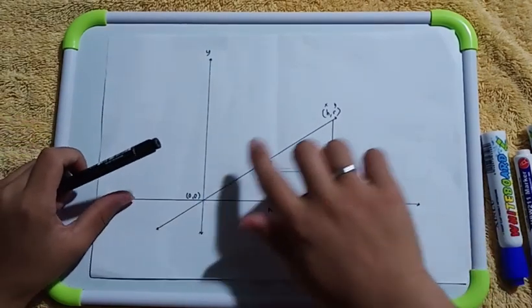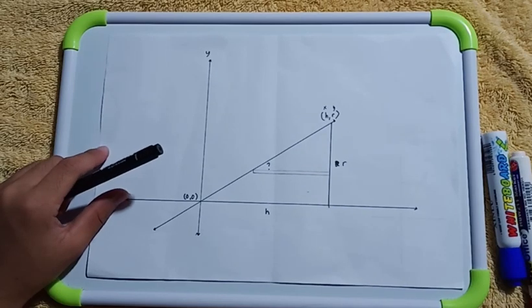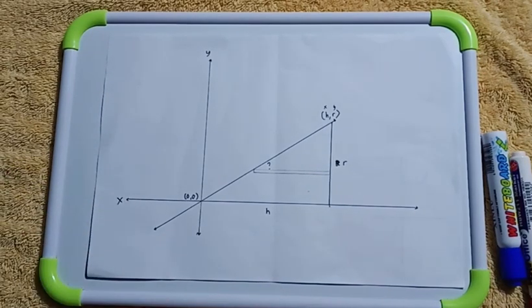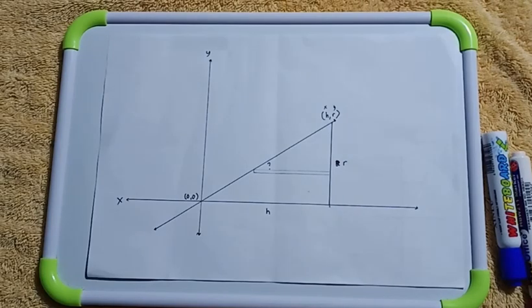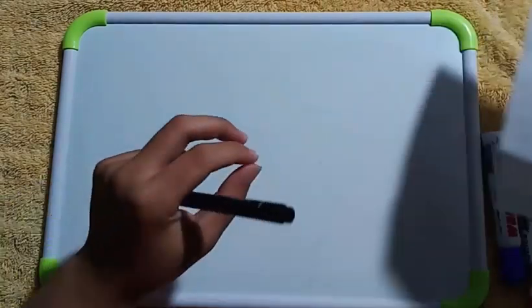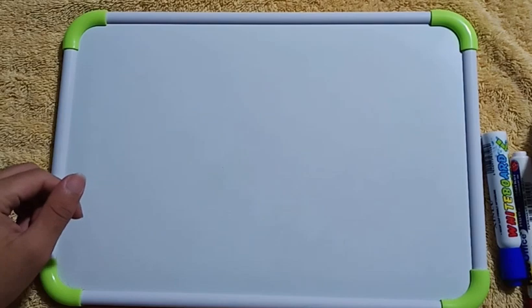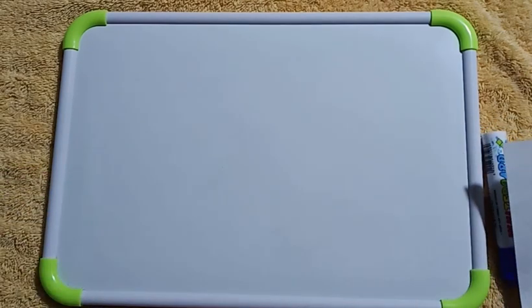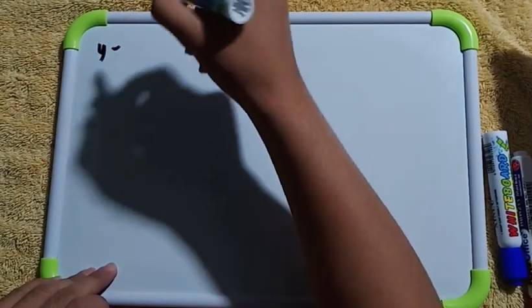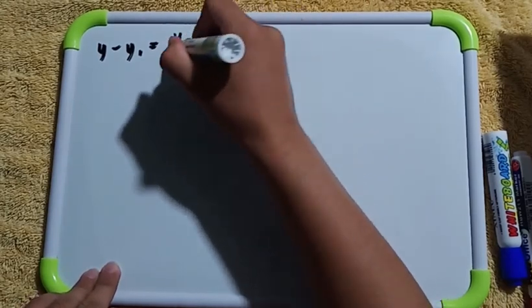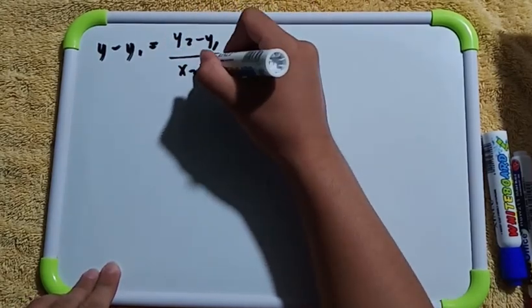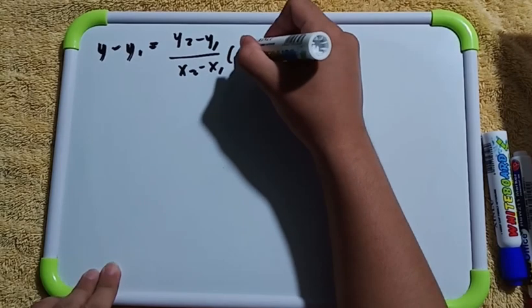At dahil dalawang point ngayong given, so pwede natin gamitin yung 2-point slope form. So, ang formula ng 2-point slope form, ay y minus y sub 1 is equal to y sub 2 minus y sub 1 all over x sub 2 minus x sub 1 times the quantity x